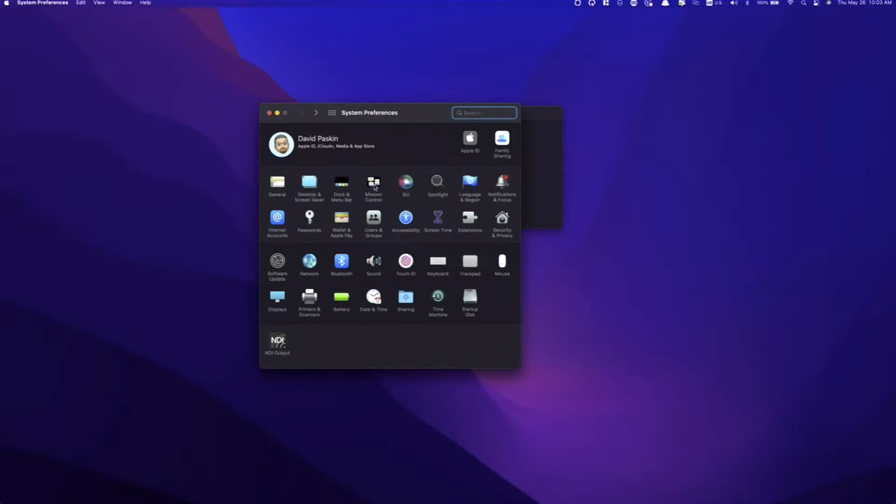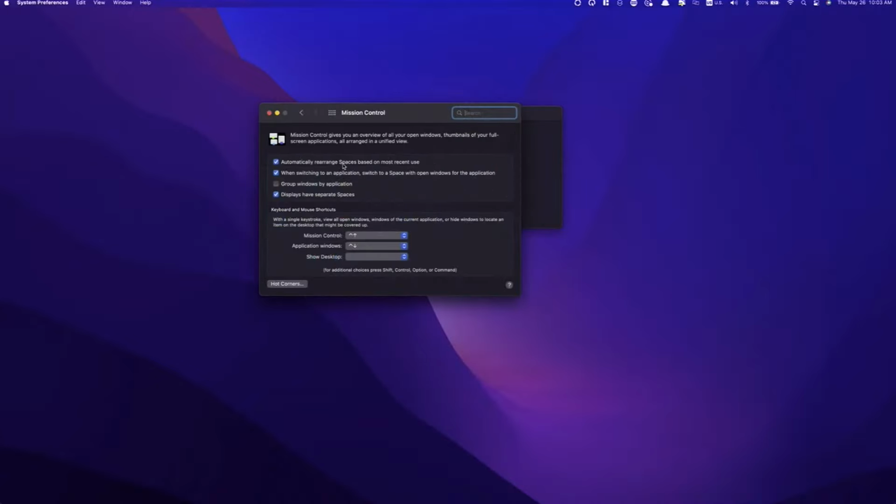I apologize. And what are you disabling when you go in there? You're disabling automatically rearrange separate spaces. Here, displays have separate spaces. Okay. I'm sorry, I can't make this bigger. So if I want to use Isadora, I have to uncheck that and then log out, log back in.